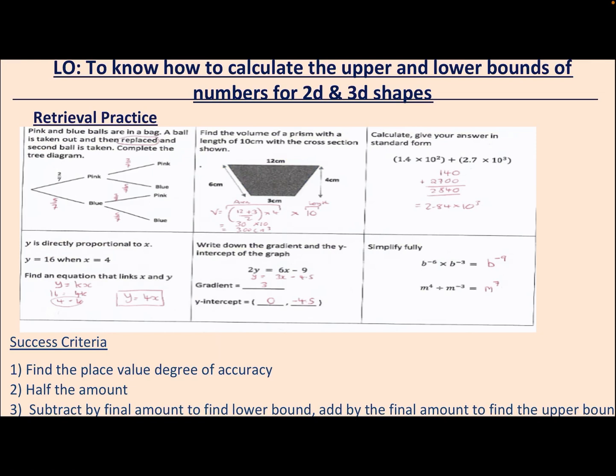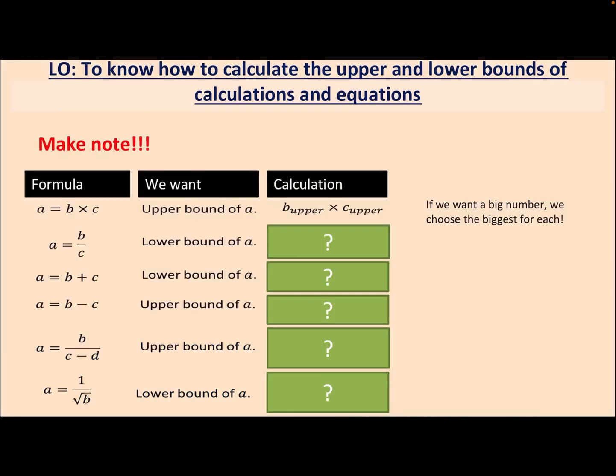Okay then, awesome. I'm going to be now moving on to the main bit of this lesson. So, when we're calculating the perimeter or area of a shape, we need to think about, when we're finding upper and lower bounds, which values of length, height, width we're going to be using. Okay, so the common way to calculate the area of a shape is by multiplying two